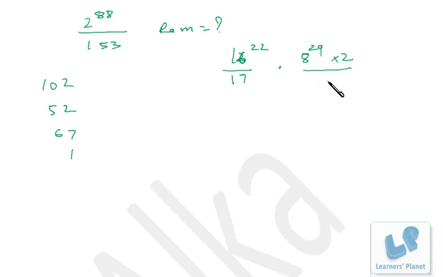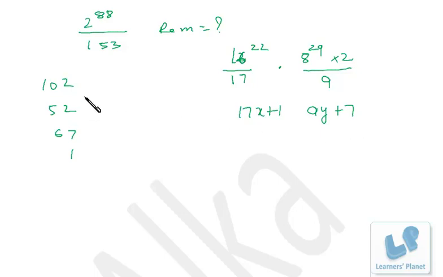And in this case, I'll be using 9, right? So here, the remainder will be minus 1 raised to 22, so that's 1. That means this number is in 17x plus 1 format. And here the remainder will be minus 1 raised to 29, so that's minus 1. That minus 1 into 2, the remainder is minus 2, that means the final remainder is 7. So this number is in 9y plus 7 format, right? So we have to find a number from the options which is in both the 17x plus 1 format and the 9y plus 7 format, right?